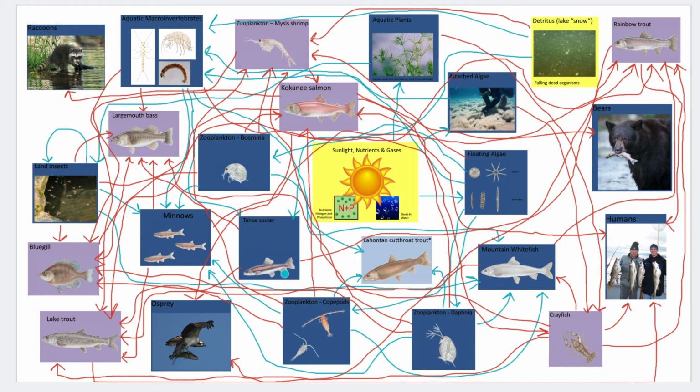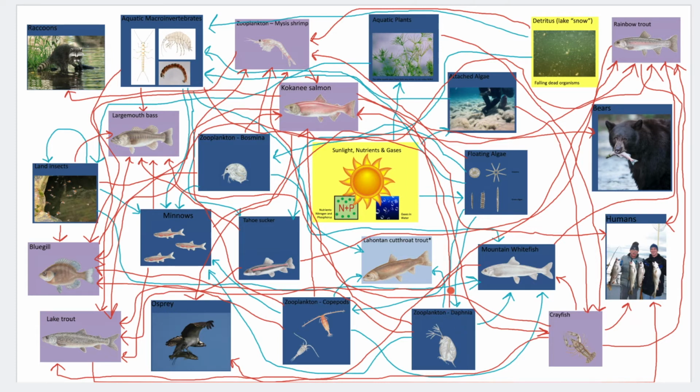So, which organisms eat the same food? Let's find an organism that is often a prey organism. So the daphnia. It has 1, 2, 3, 4, 5, 6 organisms that get their energy from it. So 6 organisms eat the daphnia, whereas the daphnia only eats 1, the floating algae. So what does that tell us about competition?